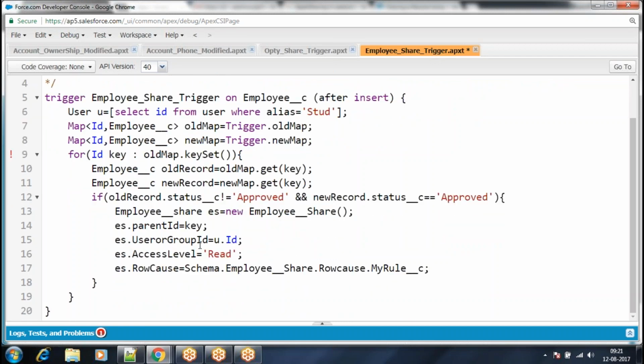Because you define your own rule, you want to use your own rule. Otherwise, you can give row cause is equal to manual, row cause is equal to model. If you want to give your own reason, then we go for it. No one choice. Full record status not equal to approved. Employee underscore share is equal to